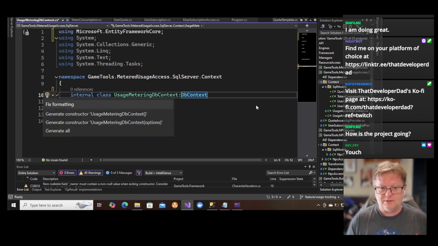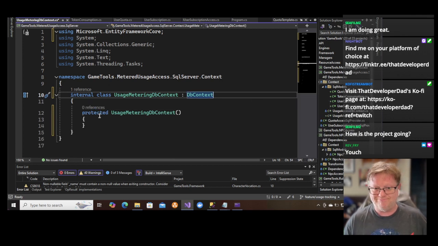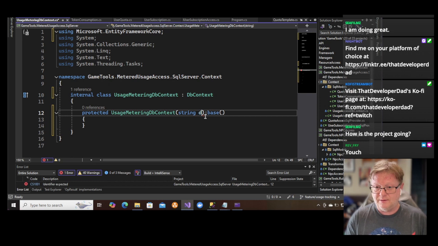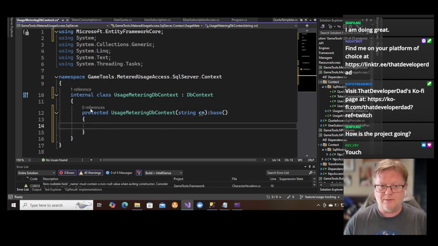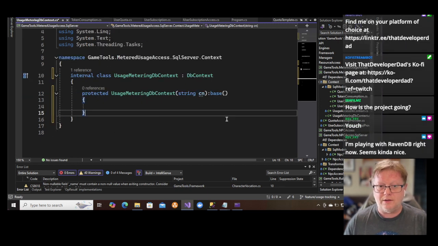Using that, fix formatting, generate the constructor. Base string cn. All right, and